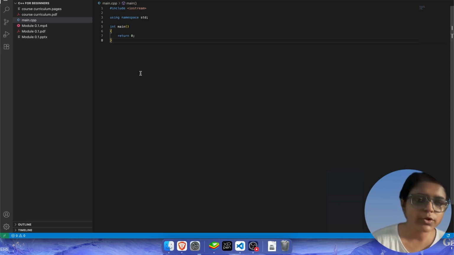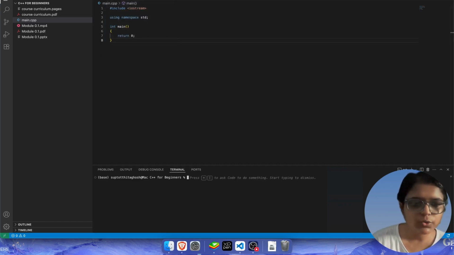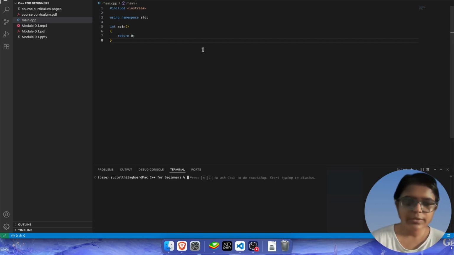Okay, so this is my code, and I've saved it. I've called it main.cpp. You can name it anything, but the extension should be .cpp. So next, for compiling and running, I will go here, terminal, new terminal. I think I had shown this in the first lecture. Anyway, I will be typing, since I already had typed it there, so I just pasted it here.